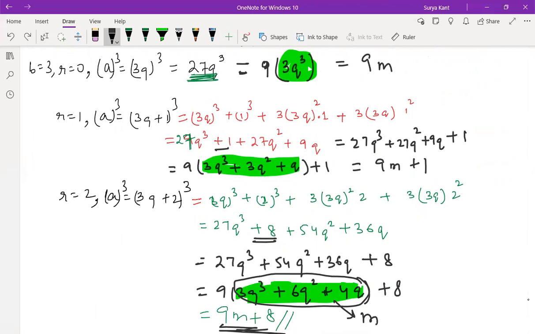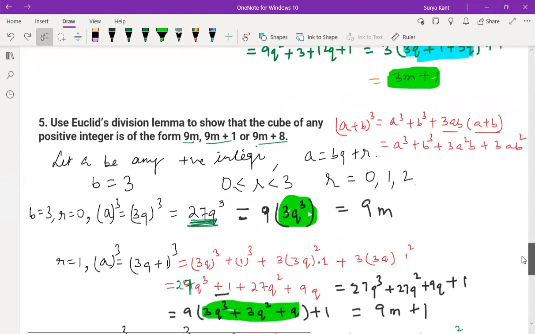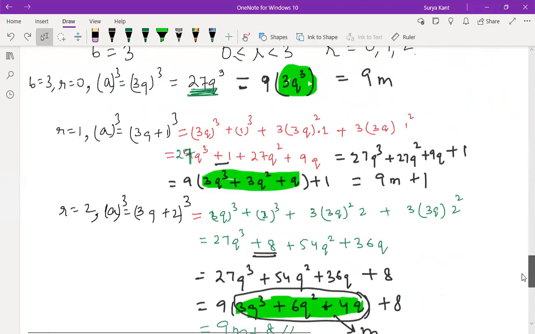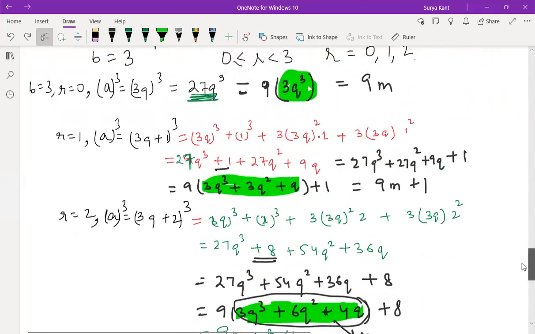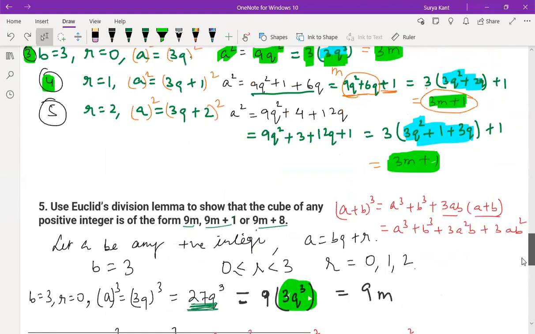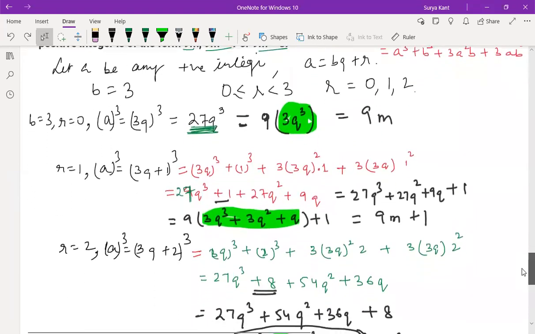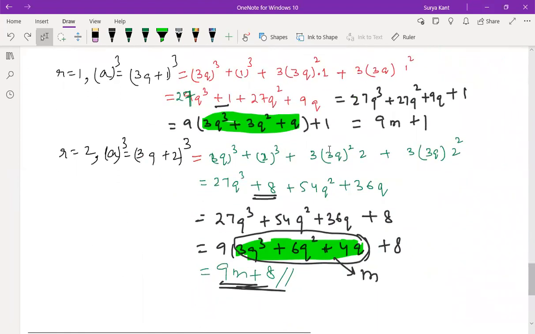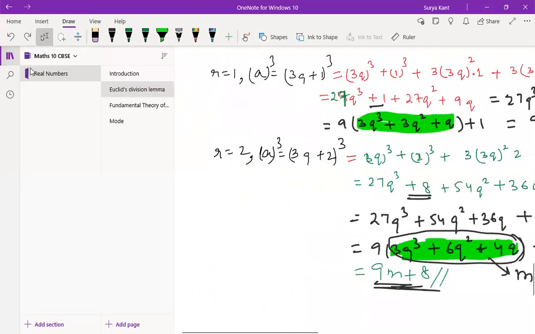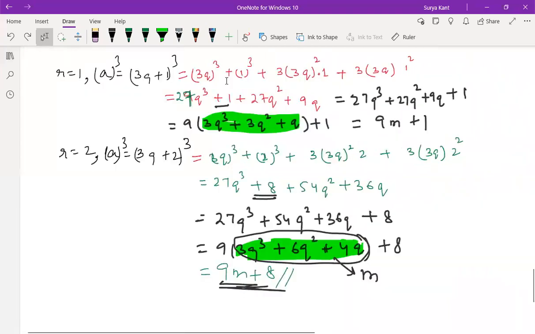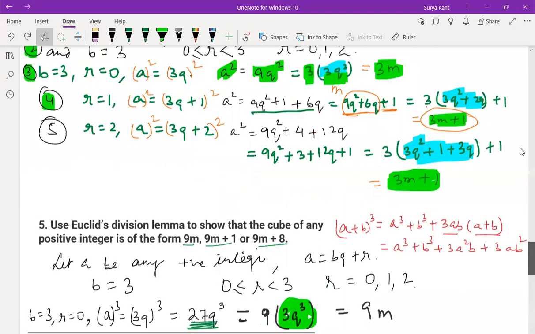So these were actually the hardest sums of the exercise. People can do more sums, but the same concept will apply everywhere to find answers to questions like this, Euclid's division lemma. Okay. So anyone having doubt till here? No, sir. Then in the next class we can start the fundamental theorem of arithmetic. Okay.